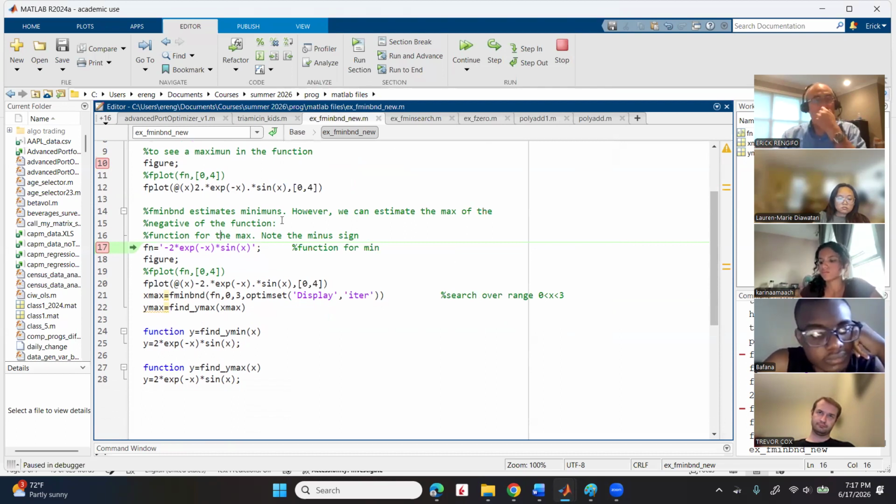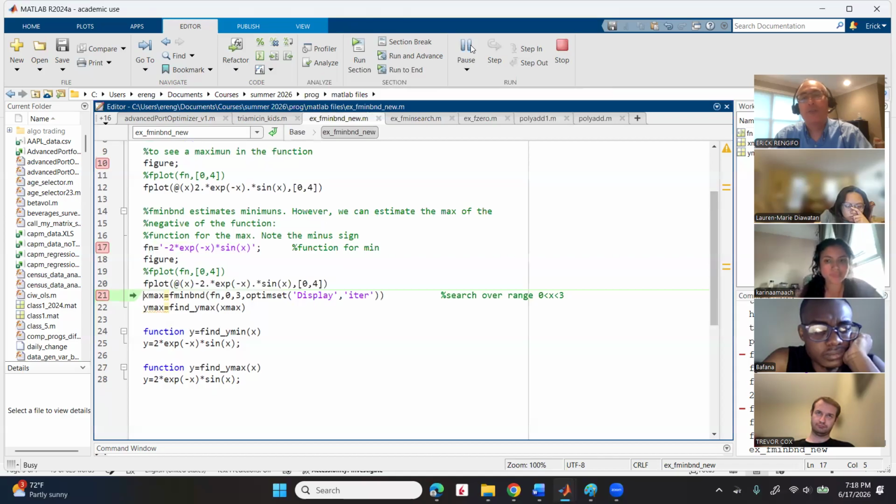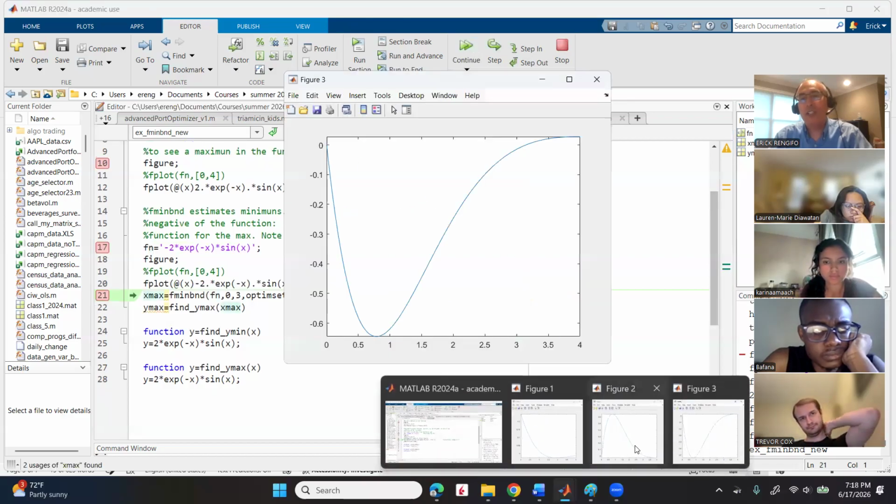Okay, that's it. So what is this fn different from this fn? It is simply the negative. Do you see that? And then let's plot this one here. You see, if you compare these two guys,